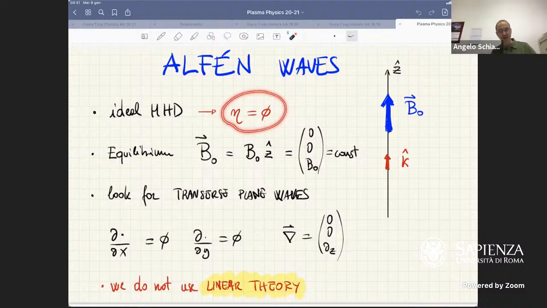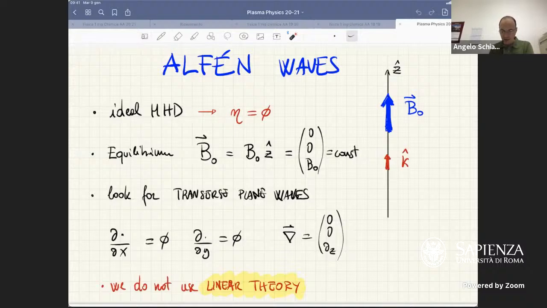So the B field is not diffusing, and the fluid and the magnetic field are moving together inside the plasma. This is what is called the frozen-in flow behavior. Then we want to look for transverse waves